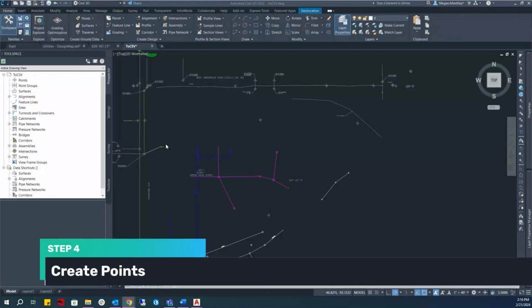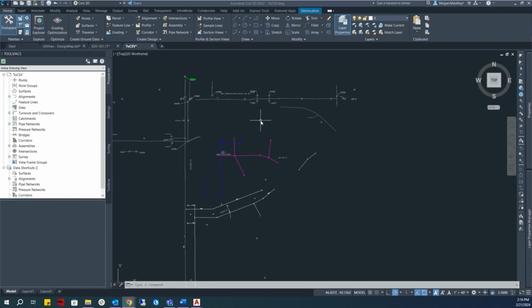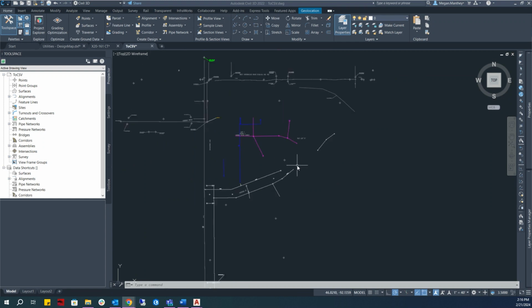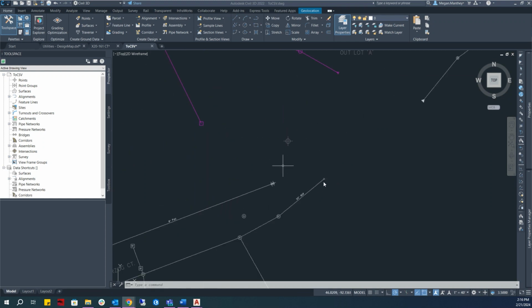All right, so I added in the rest of the data from this other drawing here, just connecting it to the sanitary lateral. And now we have to create points at the end of all of our vertices. You can see there's already some points here and up here, but we're going to create new ones so that we know they all have it. And I kind of do each utility through all of these steps, and then I come back to this step. You'll see what I mean as I move forward, but